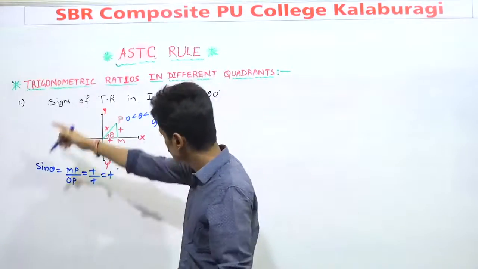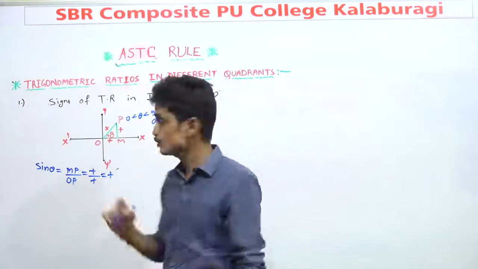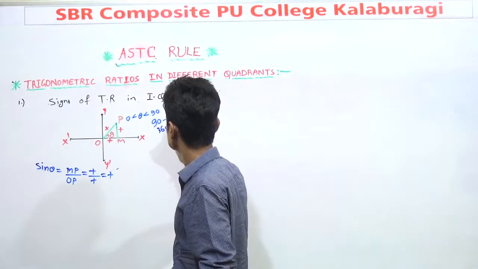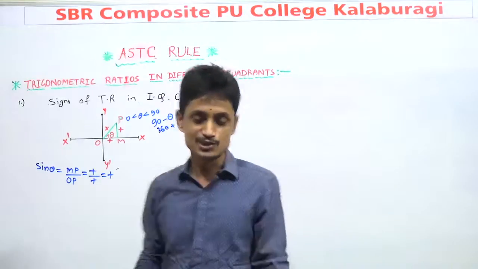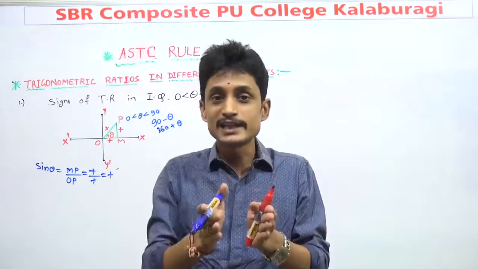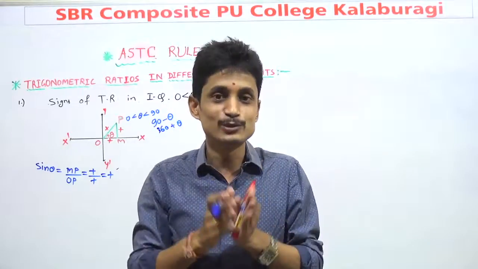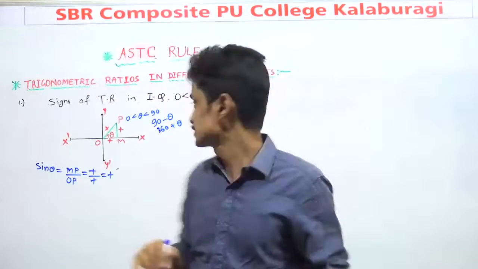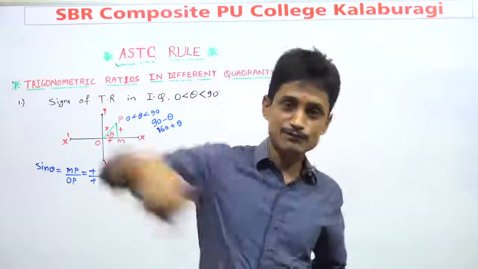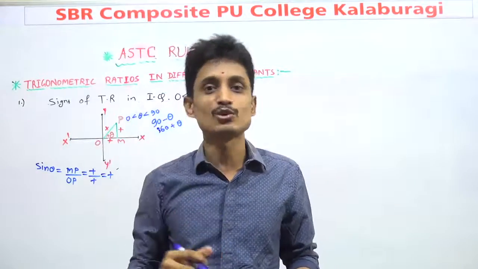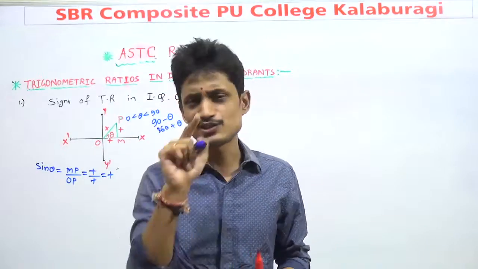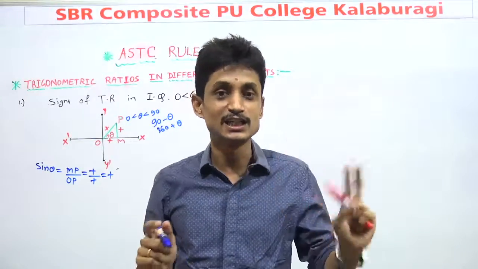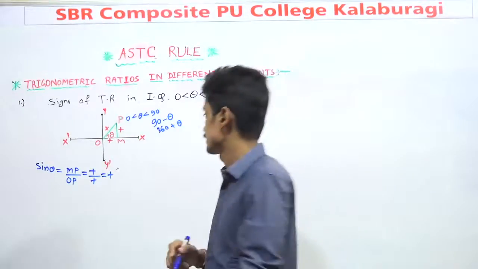Also, after one complete revolution, once again it will start the second journey, that is 360 plus theta also we can consider. Basically we are taking the first quadrant value, basically that is 90 minus theta or 360 plus theta. After two revolutions it should be 720 plus theta and so on. Just to set the mindset, a first quadrant means 90 minus theta, before the 90.